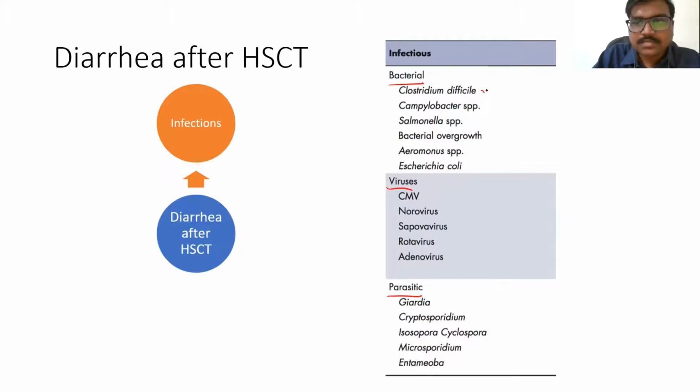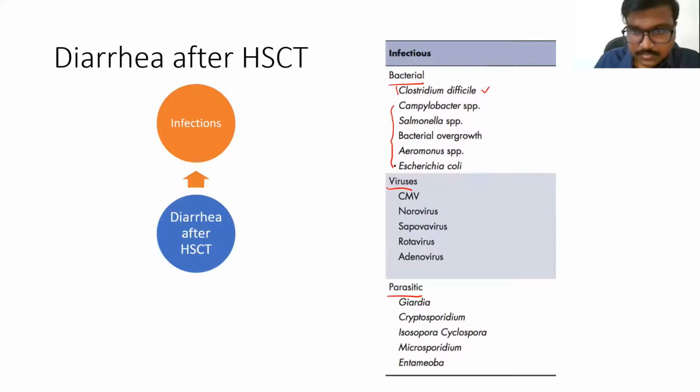Clostridium difficile: the patients are on broad spectrum antibiotics during the first 2 weeks after transplant for prophylaxis, and C. diff is a very important cause. However, the typical pseudomembranous appearance cannot be found in these immunosuppressed patients, and the leukocyte count which we use for diagnosis and staging of C. difficile is not usable here because the patients are usually neutropenic and recovering. So C. diff is a very important diagnosis that we have to exclude, and other bacteria like Salmonella, Shigella,